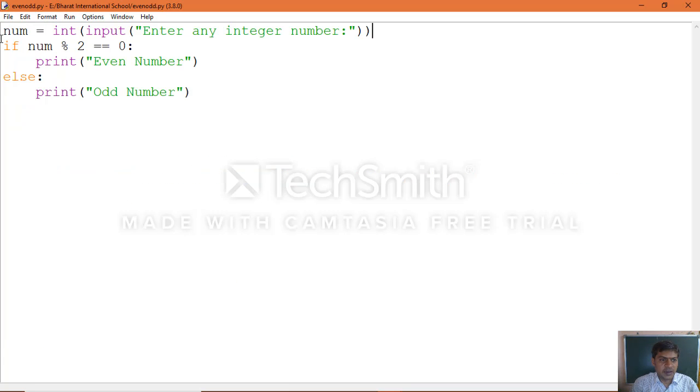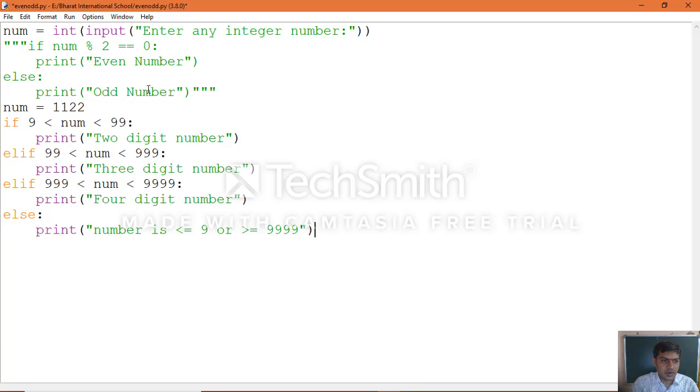This one we will put in comment. Take an example. Num will read the number. If num condition, you can see the first condition which we are checking, multiple conditions.